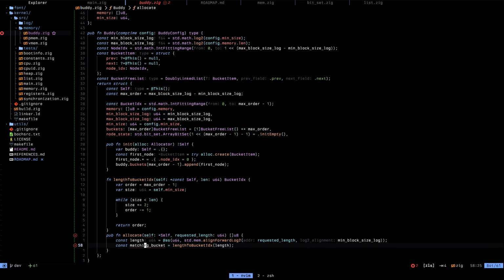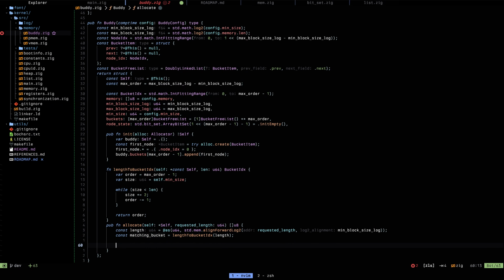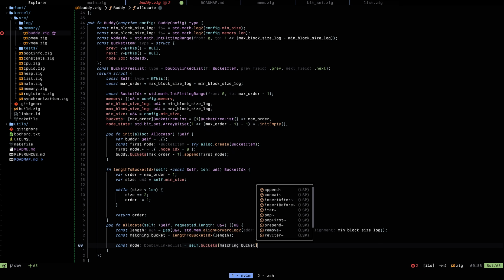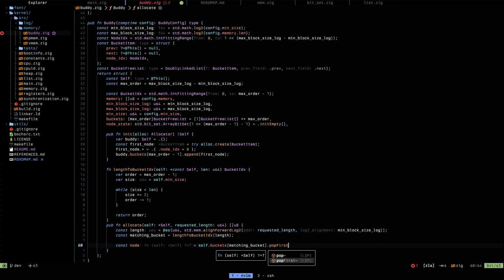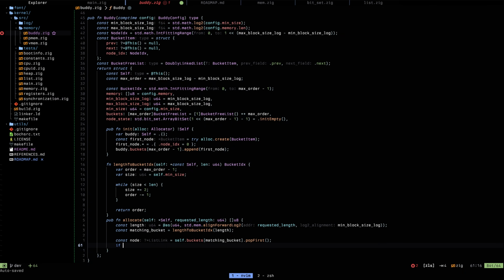So this one here would be matching bucket. So now that we have our matching bucket, we need to go to our free lists and see if we have anything in our free lists. So const node is our self.buckets at matching bucket, right? And we want to pop first. Okay. And if we have a node, so if node,